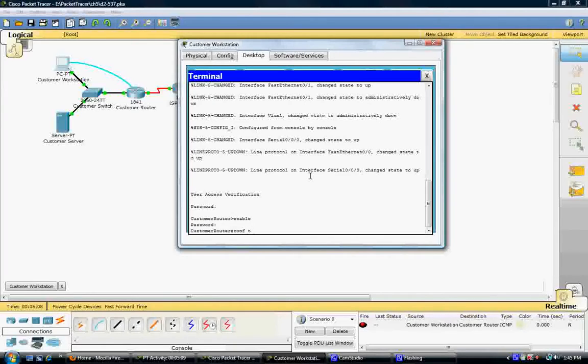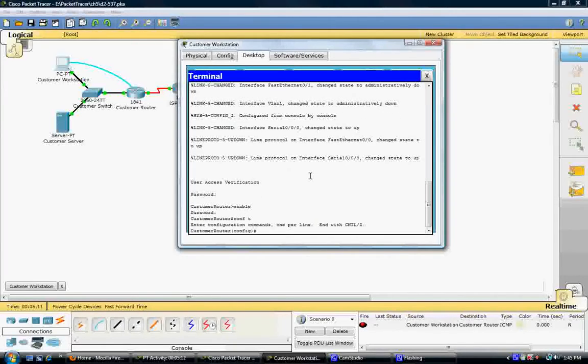And the first thing you're going to want to do, going back to the steps, is create an address pool, and we're going to exclude the first 40 IP addresses. So the range that we're going to be using is 192.168.1.1 all the way up to 192.168.1.49. And to exclude those IP addresses, we can type in ip dhcp excluded-address